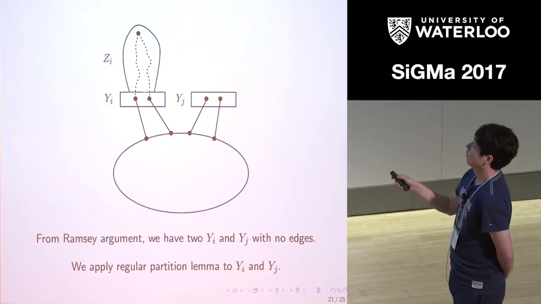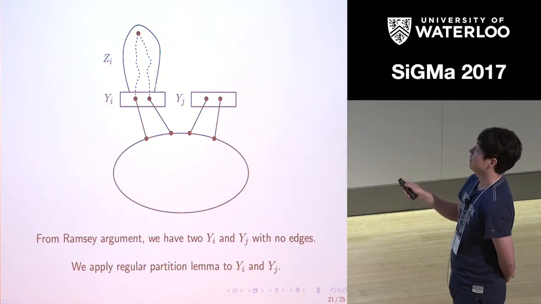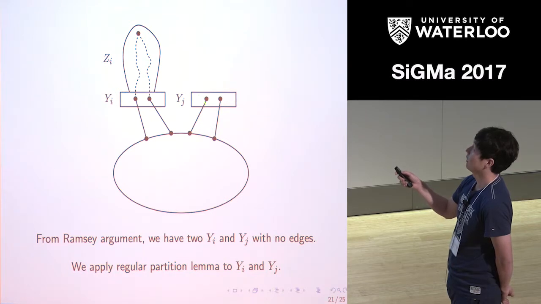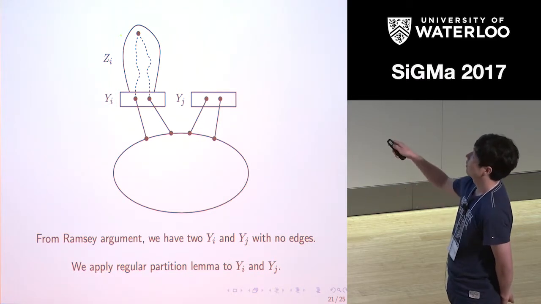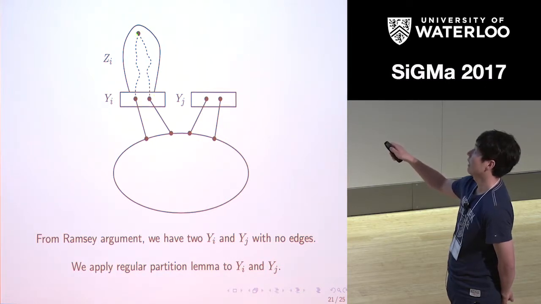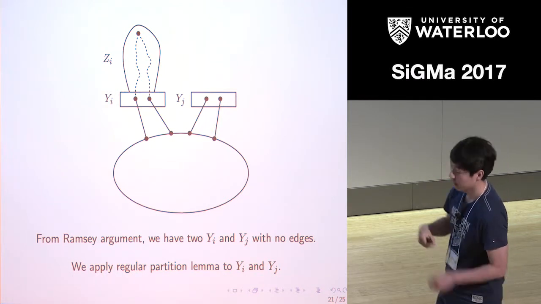And then what they actually need is something like this. So you have some graph of large chromatic number, and you find the induced cycle here now. And then you have 2 sets, Yi and Yj, which have no edges between them, and each Yi also doesn't contain any edges. And then you don't actually need a Gj, because you just need the Gi, which have these guys adjacent to this cycle. And then now